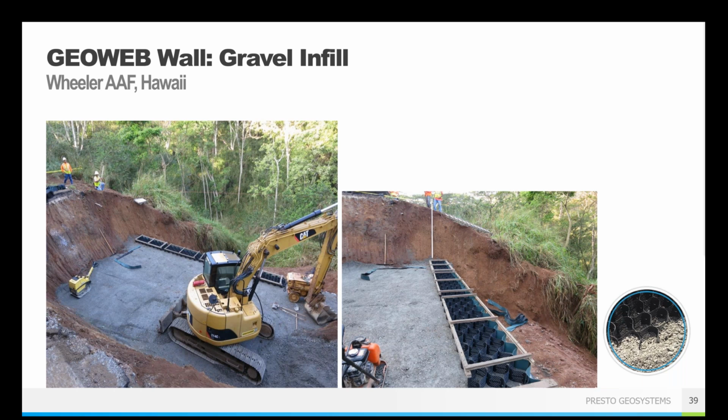In this case, the gravel infill was a great choice since drainage and water flow were really big concerns. Obviously, they had already had washout and erosion, so they needed to make sure that was minimized going forward. They used a relatively small stone size, a 3/4 inch to 2 inch minus stone. So it gave good compaction within the wall, but still let the water flow freely through the structure. So there was good drainage and minimal pore pressure buildup behind the wall.